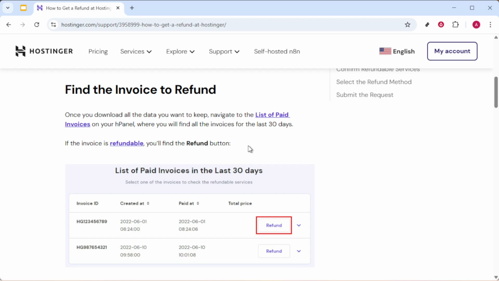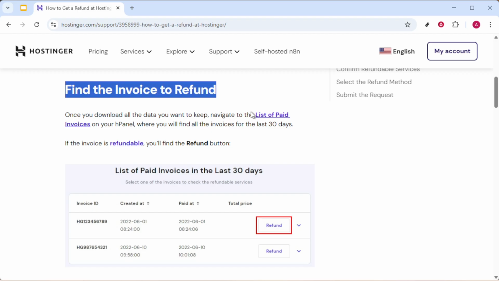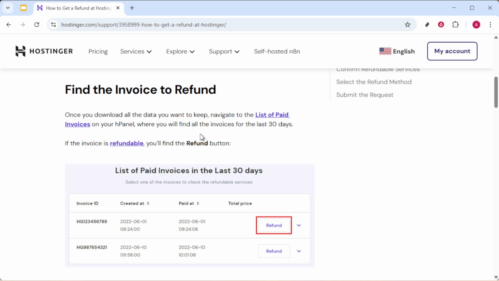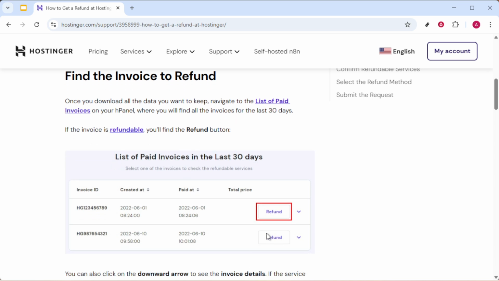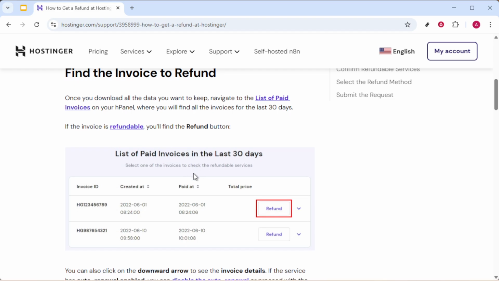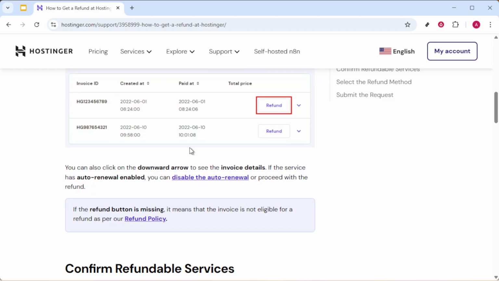Once you've secured all necessary data, go to your H-Panel dashboard where you'll find a list of invoices from the last 30 days. Look for the invoice associated with the service you wish to cancel. If it's eligible for a refund, a button will be visible next to it. If you have auto renewal enabled for this service, you can choose to disable it before proceeding with the refund. Keep in mind that if there is no refund button, it means this invoice doesn't qualify for a refund according